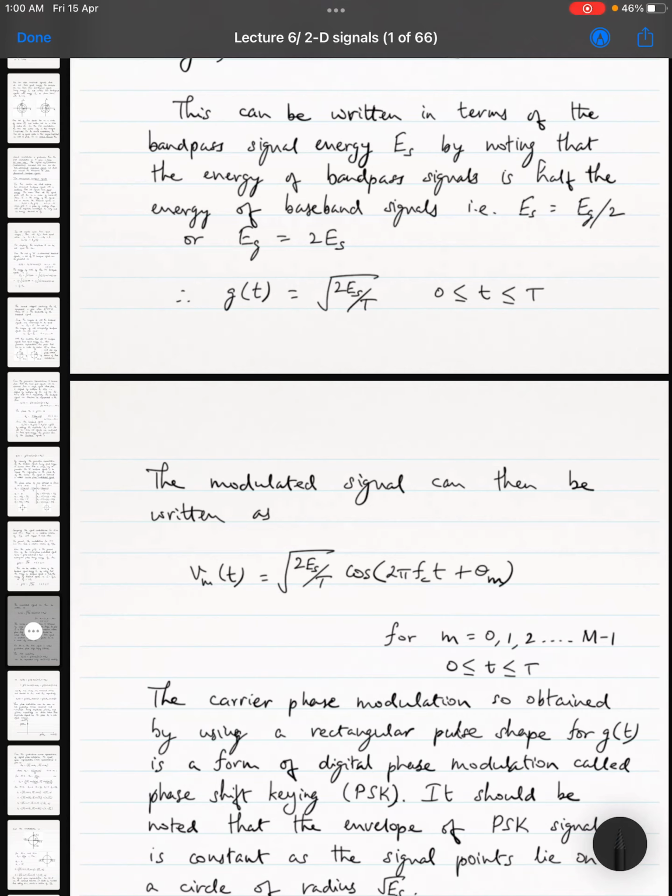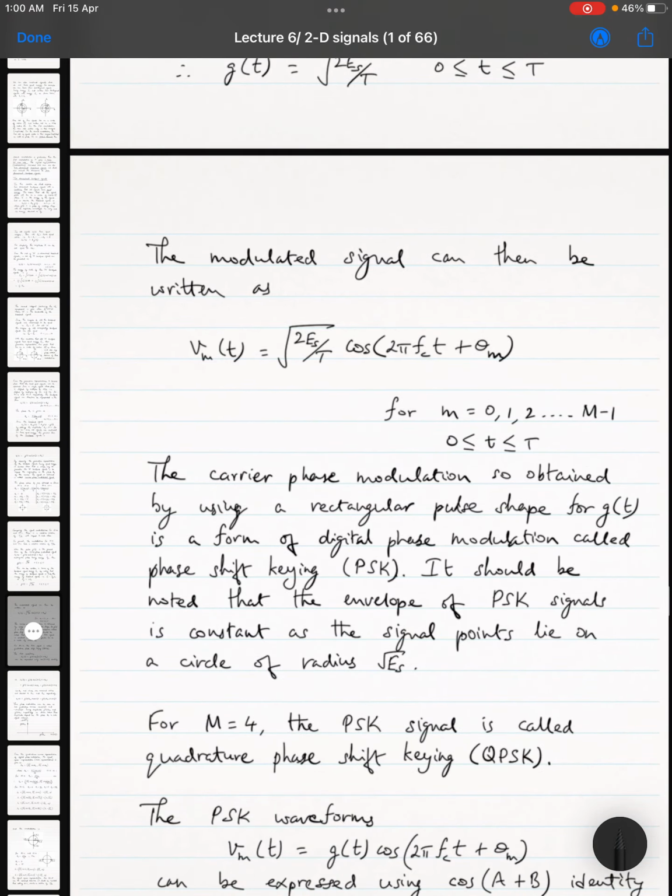Okay, so we now have our bandpass signal Vm of t of this form. This form of the bandpass signal, which is obtained by using a rectangular pulse shape for g of t, where the energy is uniformly distributed in the interval 0 to T, is called a phase shift keying signal, or PSK signal. It is a form of digital phase modulation called phase shift keying, or PSK. In general when we say PSK, it applies to